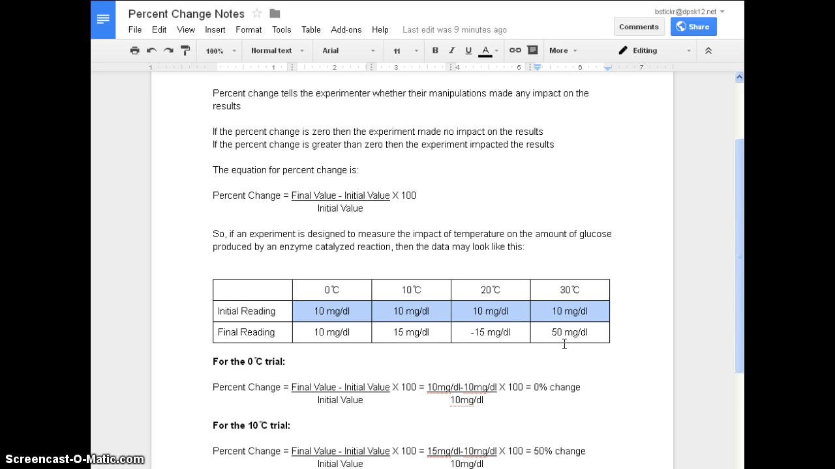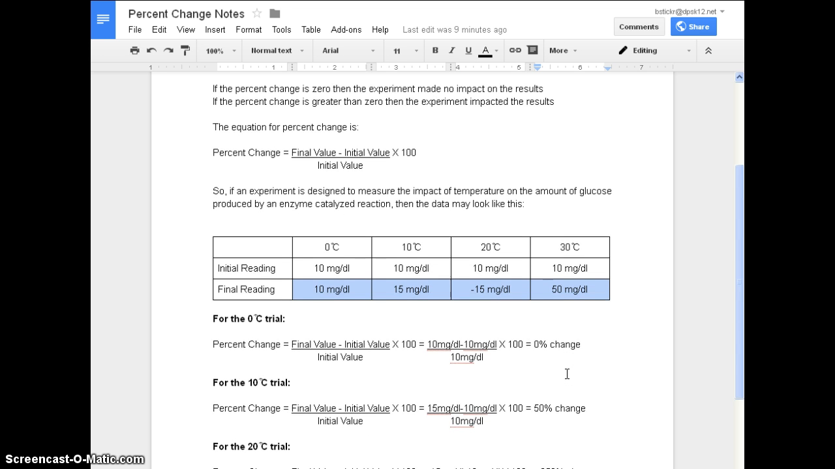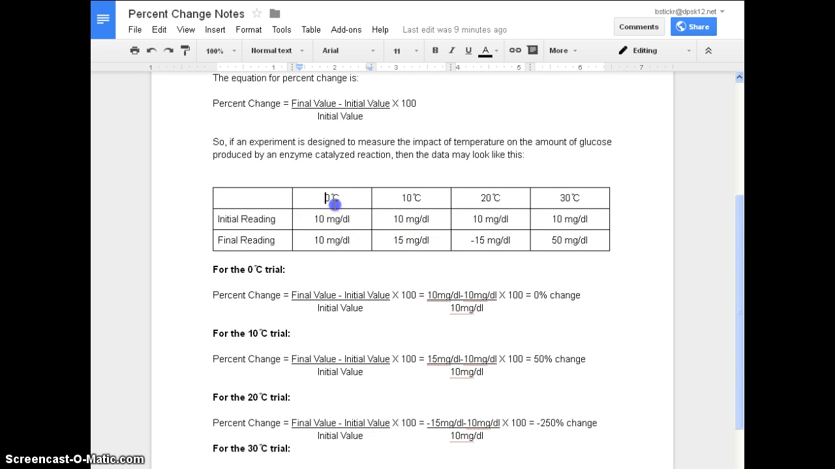So you run your experiment and your final values are tabulated here, and I'm going to talk you through how to calculate percent change for each group. So for the 0 degree Celsius trial, the final value is 10 milligrams per deciliter. The initial value is 10 milligrams per deciliter. So if you take the final value minus the initial value and you divide by your initial value, you're going to have 0. And when you multiply 0 times 100, you get 0. So in this case, there was 0% change,